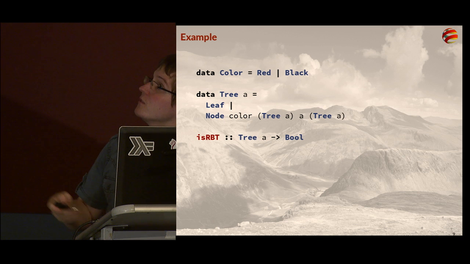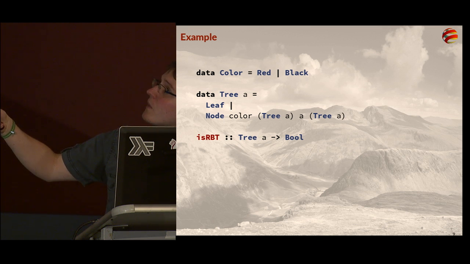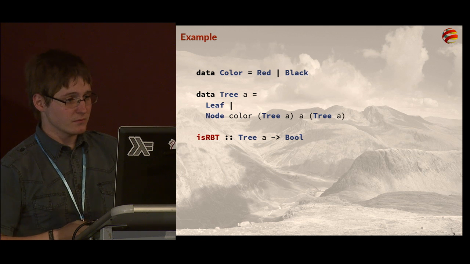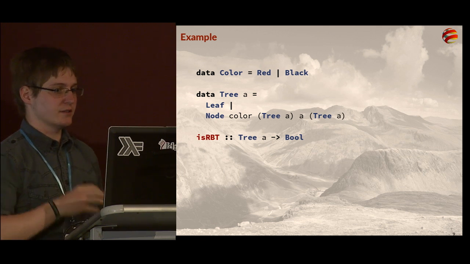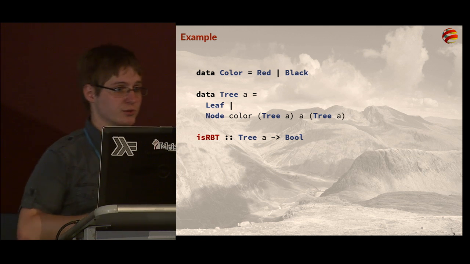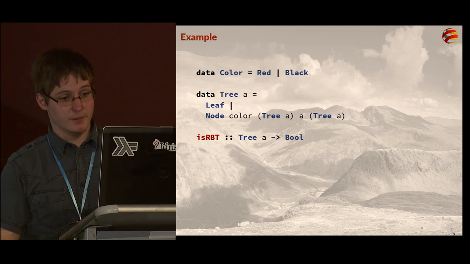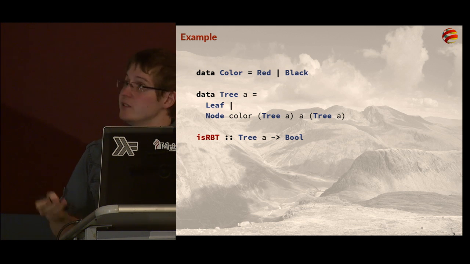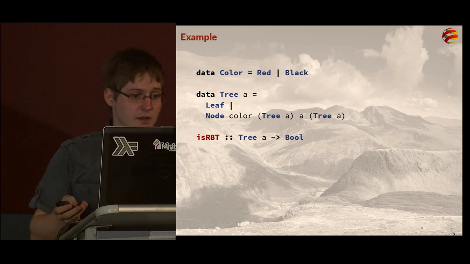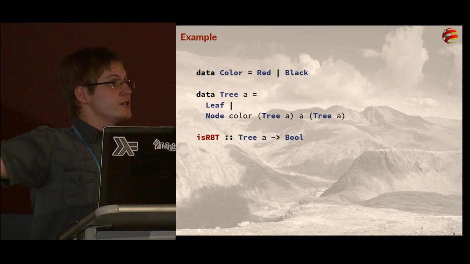I'm not sure if that's actually true, but something along those lines. So what you can do is you can write a data type, and then you can define a function which checks that the invariant is satisfied. This is what you would do in Haskell 98. And this is also what you can do in Idris. This is also what you can do in Scala. This is basically using a very simple type system, and you could imagine writing tests for that, right?